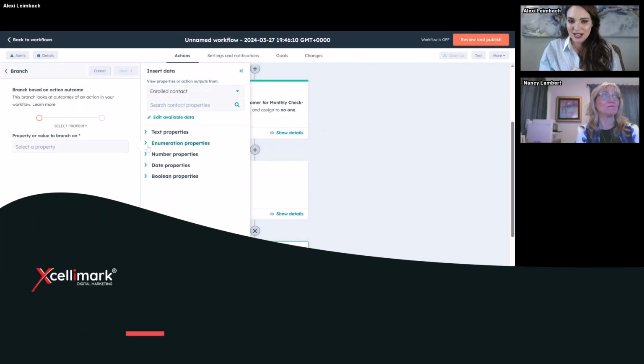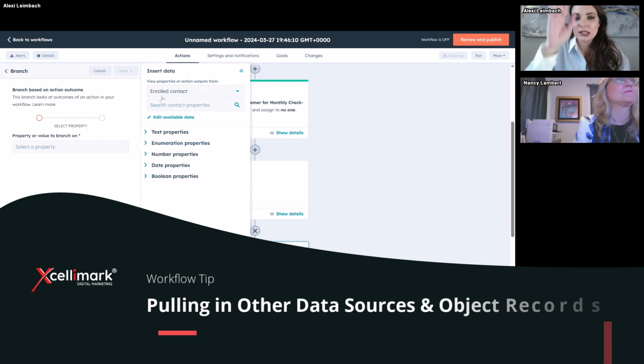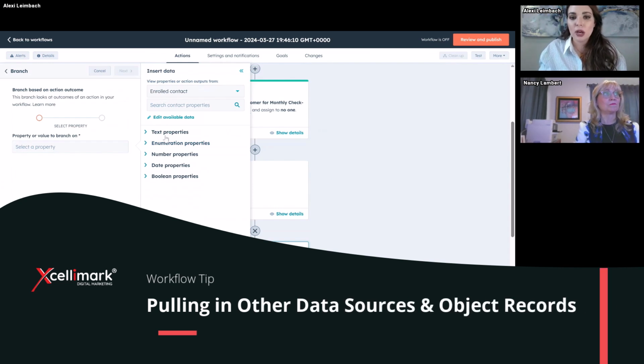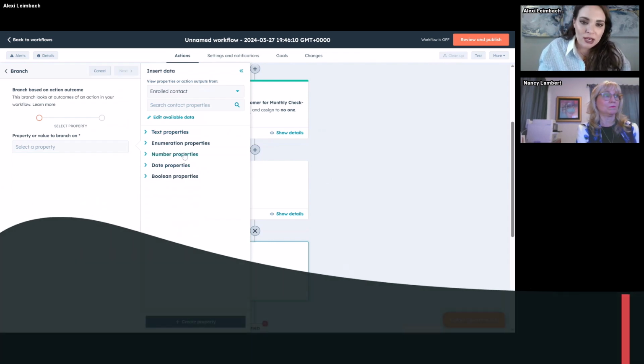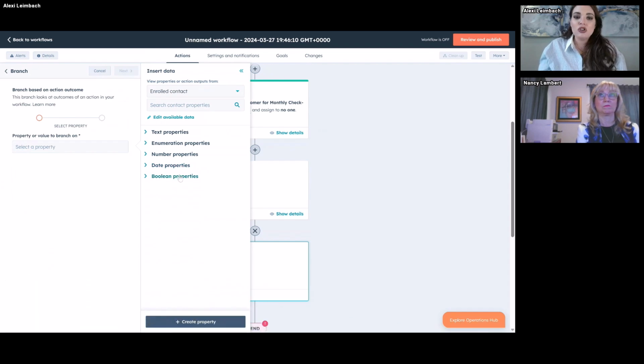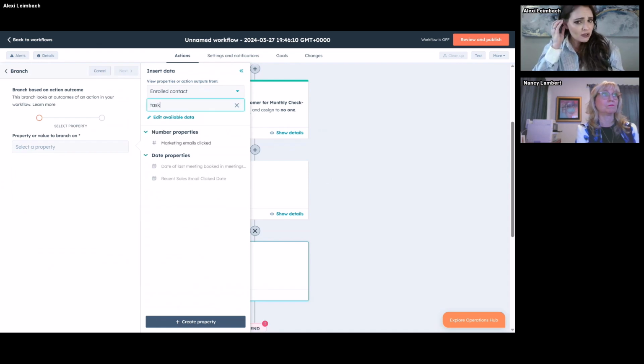New way of organization. You'll now find it's not just a list of all the properties. They have now organized your property fields based off the type of property it is. So you have your texts, you have your number properties, date properties, and your Boolean or true or false properties, right? And so I'm searching for tasks, and I don't see where I can see where this task is